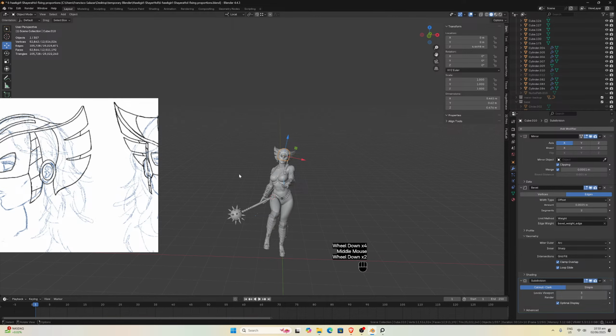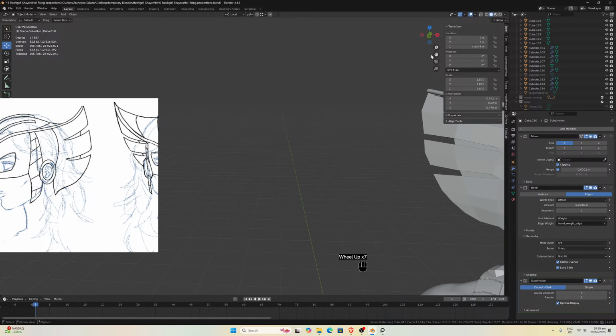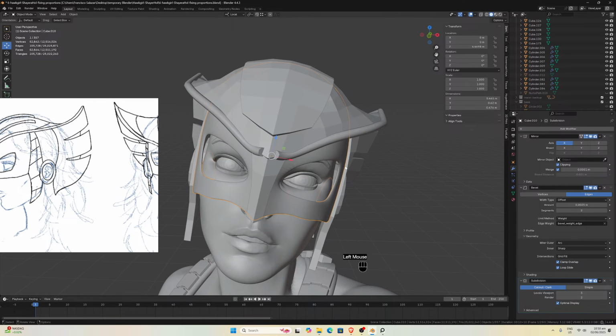We already finished all of these parts. We are now creating the helmet, and once,